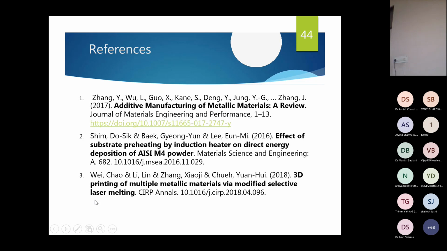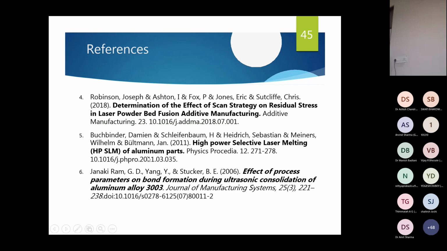And V et al. for CIRP Annals. These are all standard SCI journals which are used. Additive Manufacturing, one another journal. Then Physics Procedia and Journal of Manufacturing Systems, JMS.